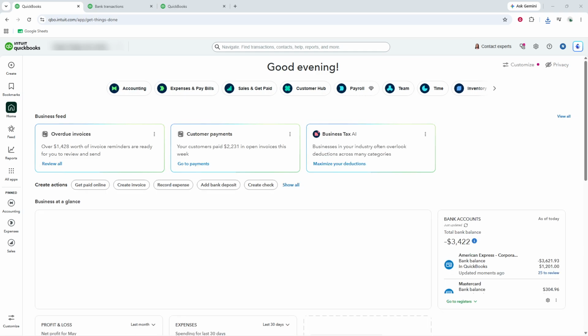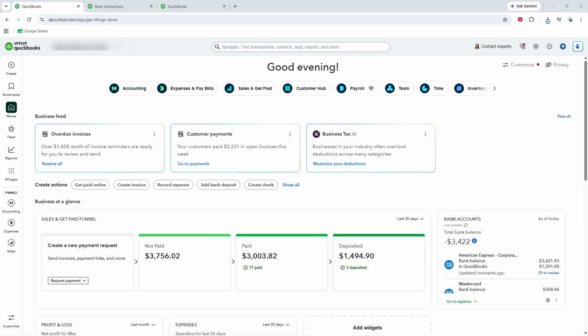In today's video, I'm going to teach you how to disconnect or remove a bank account from QuickBooks Online. If you no longer want a bank account connected to QuickBooks, this process is simple and only takes a moment. Disconnecting an account can be helpful if you've linked the wrong account, changed banks, or just want to stop importing